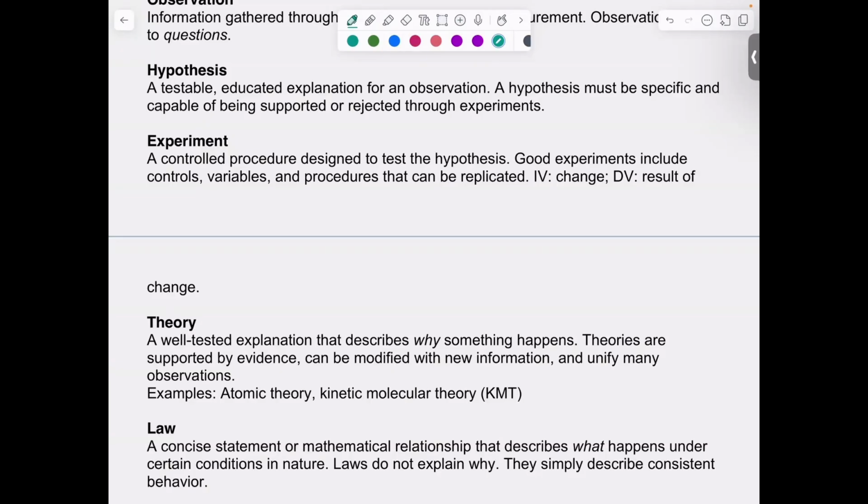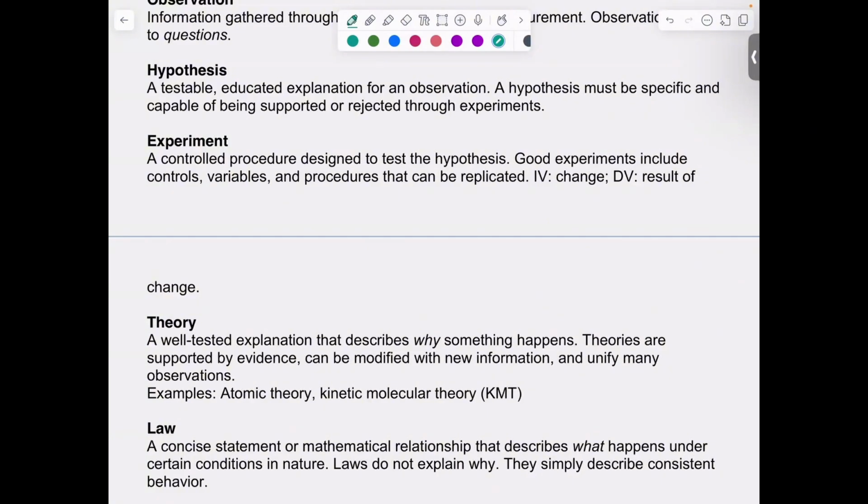Now, common ones we'll look at in chemistry would be your atomic theory and kinetic molecular theory, KMT. That's part of the assumptions we make in ideal gases. For laws, that's our